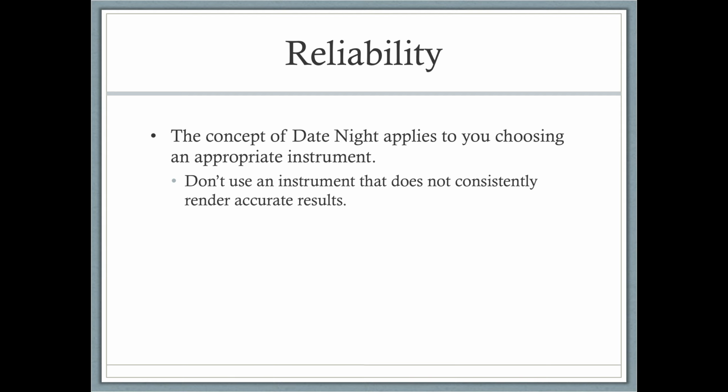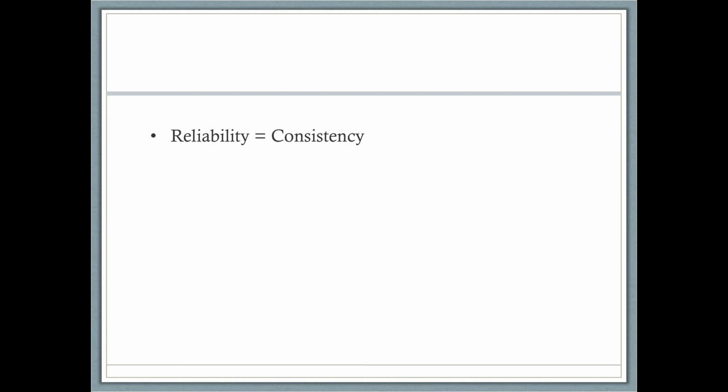So that information is not anything that you need to dig especially hard for, but it is something that you need to consider when, for example, maybe you have a client that's from another country and this particular test that you want to use was normed on a very different culture, right? That can affect reliability. So that's where you do a little bit of digging. So again, reliability, consistency of the scores, right?